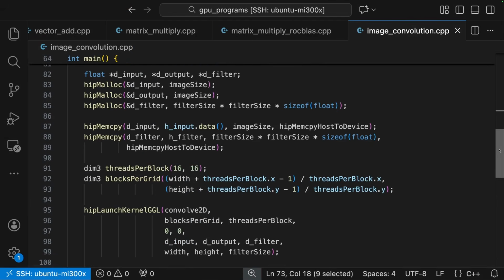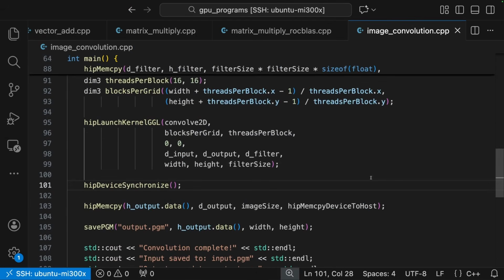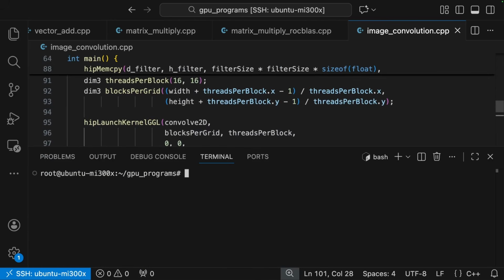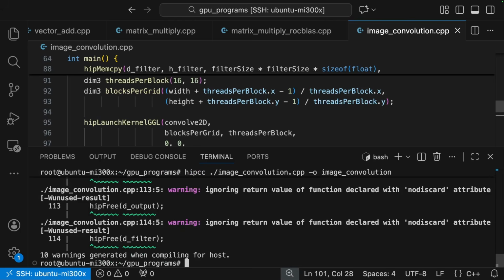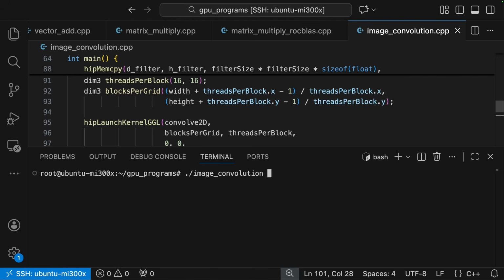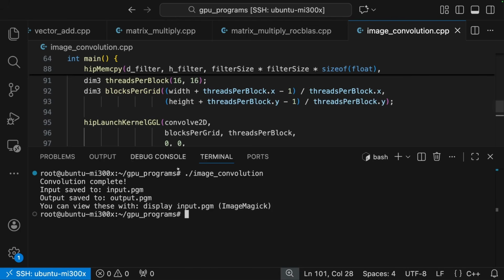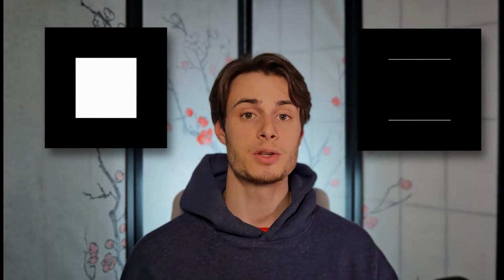The rest of this program just sets this all up just like before. So let's go ahead and compile and run this program. So again, we have HIPCC, and then we have image convolution, and we're going to make our output image convolution. So now we can go ahead and run image convolution. And we can see our input was saved, our output was saved, and we can view these files. So here's what our input image looks like, and here's what our output image looks like. As you can see, we successfully detected the horizontal edges in this image, and we did it using pure HIP